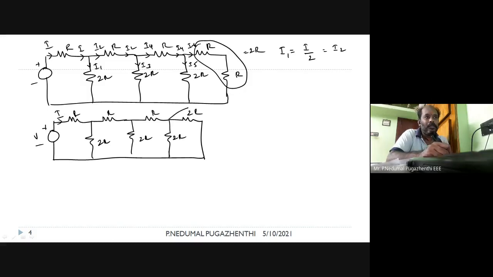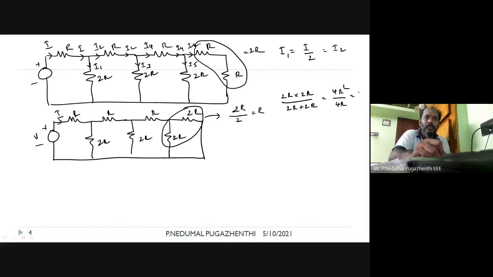These two are in parallel. You write it parallel in the sense both the resistors are the same. If both the resistors are the same in a parallel connection, then the equivalent resistance is going to be half of that resistance. So I simply write 2R by 2, which is equal to R. Or you can apply 2R into 2R divided by 2R plus 2R, which is equal to 4R squared by 4R, which is equal to R. The same. Again it continues.